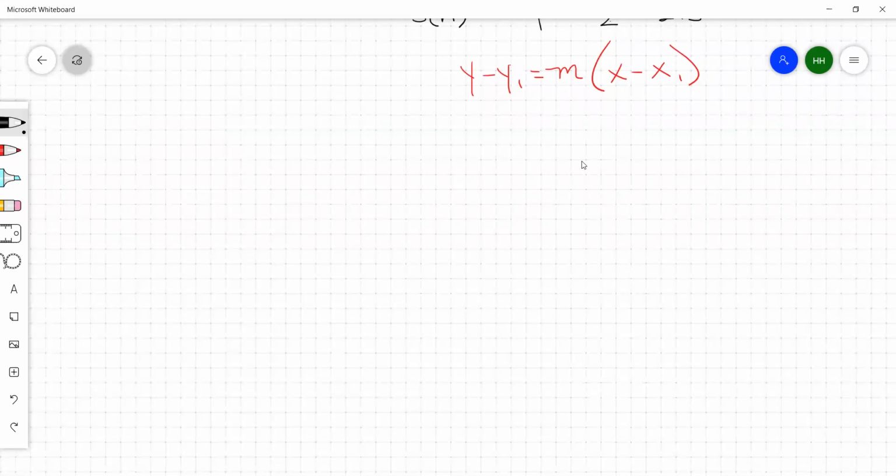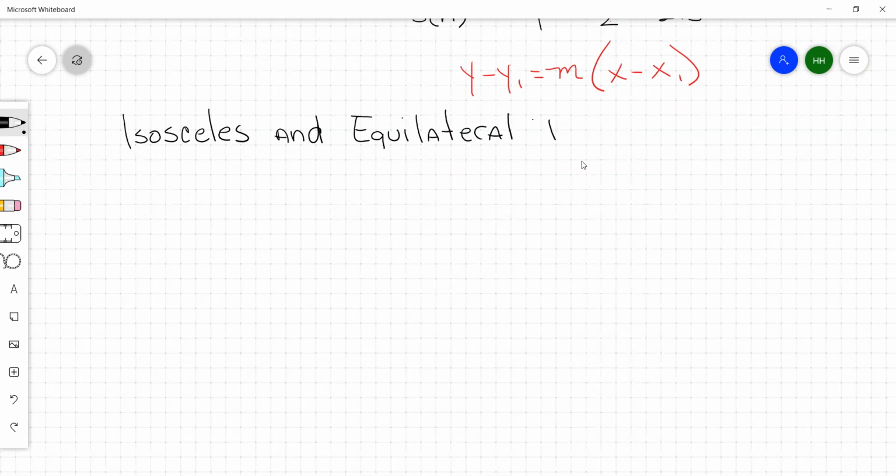Where we will be talking about isosceles and equilateral triangles. Isosceles and equilateral triangles. So first, in an isosceles triangle,